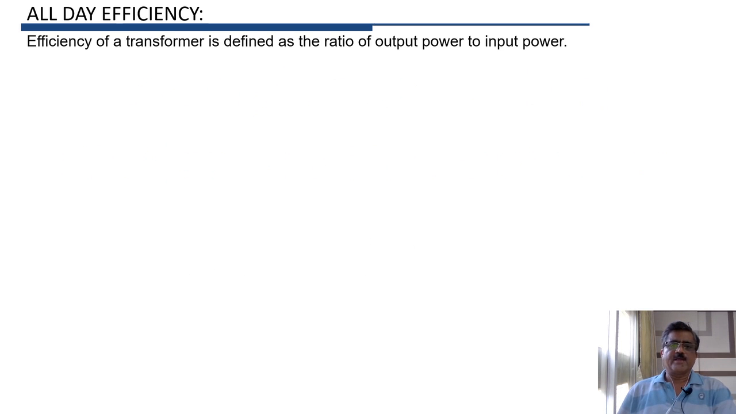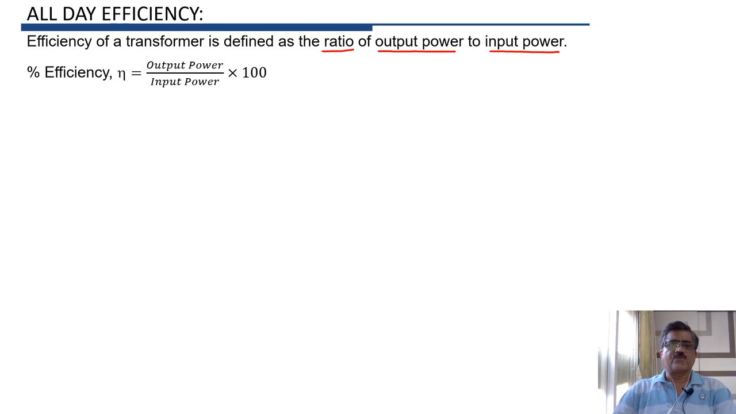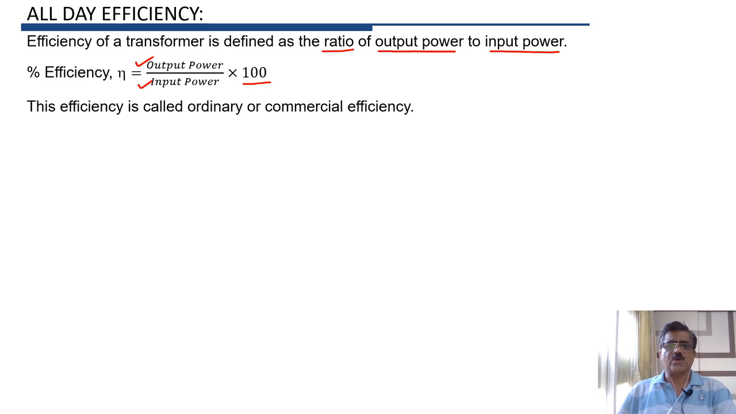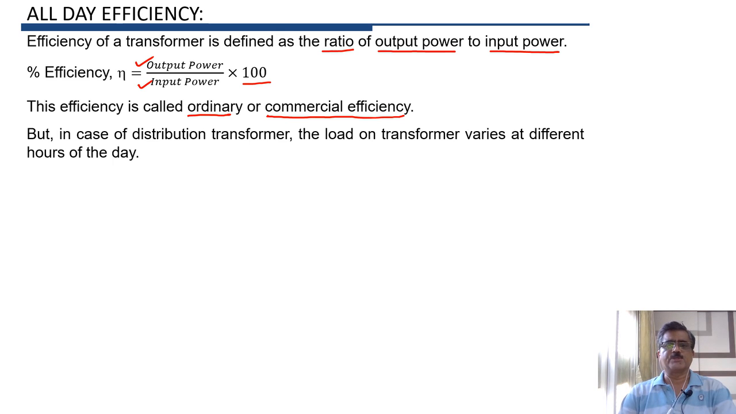We have studied that efficiency of a transformer is defined as the ratio of output power to input power, and therefore efficiency is given as output power divided by input power multiplied by 100. Now this efficiency of transformer is called ordinary efficiency or commercial efficiency. Now this ordinary or commercial efficiency cannot be used to judge the performance of distribution transformer, because in case of